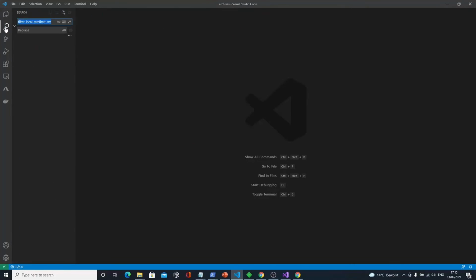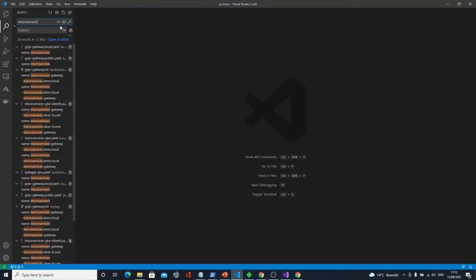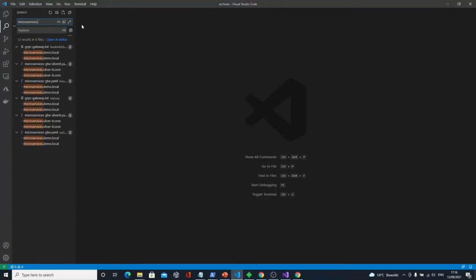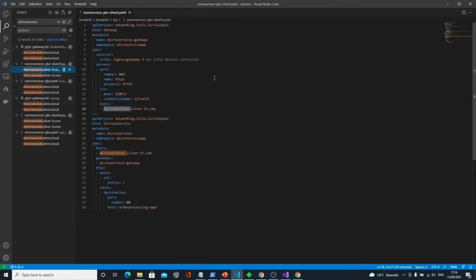Then go to a gateway for microservices.silverit.com. Remember, I think I showed you that in the previous microservices demo, where I could call and post, let's say queue a new order, by calling microservices.silverit.com.